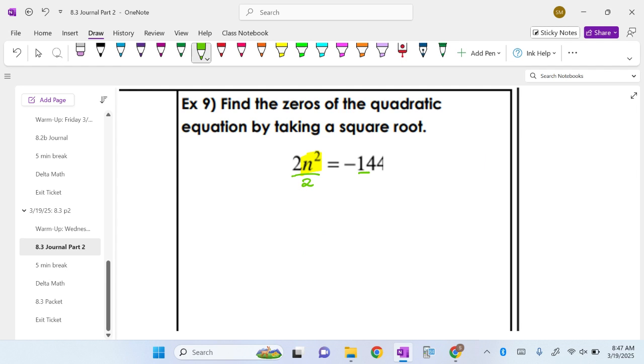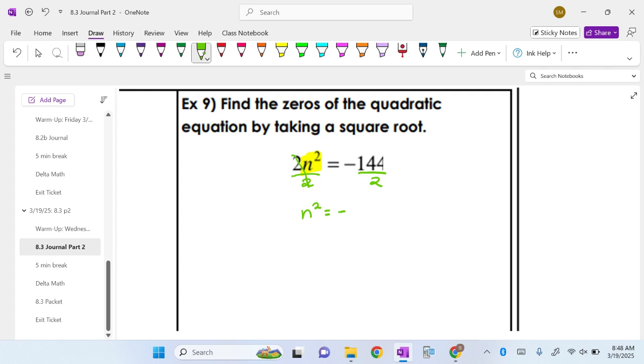Divide the 2 to both sides. So that's why I tell you guys to identify your squared variable, because more often than not, I get a lot of students that would go ahead and take a square root if they get down to that. All right. Make sure that if there's no parentheses around the number with the variable and it's squared on the outside, that you do not take a square root until you get rid of that number connected to the n squared. All right. So this would be n squared is equal to negative,